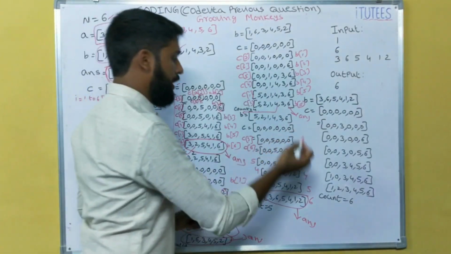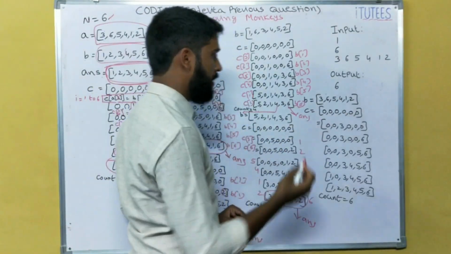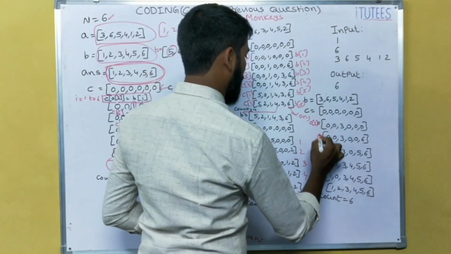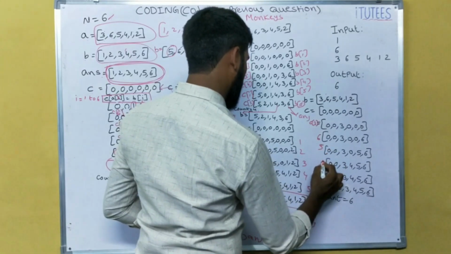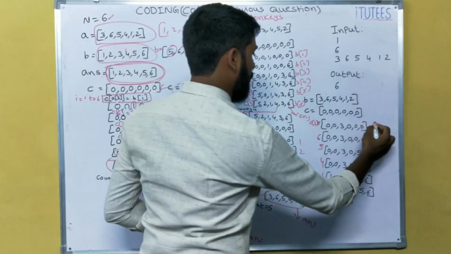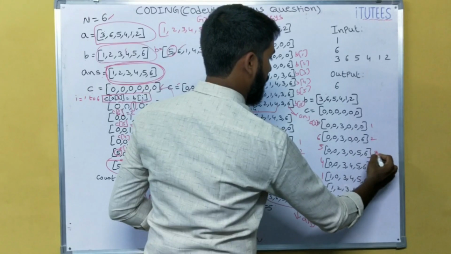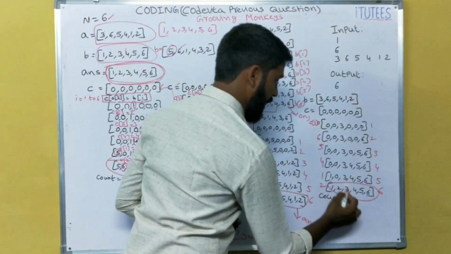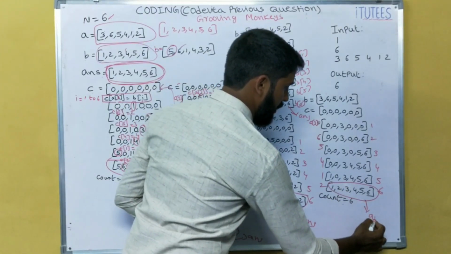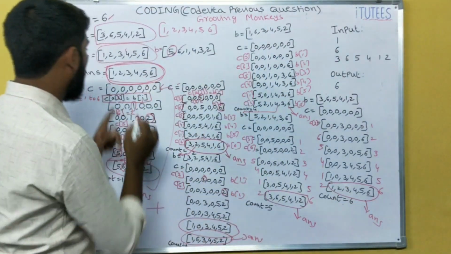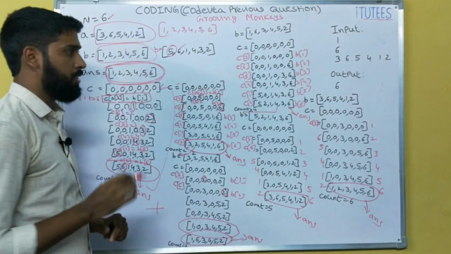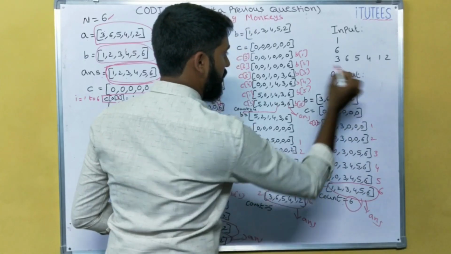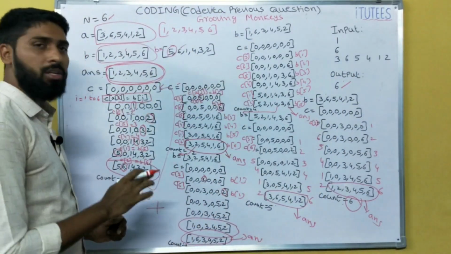No. Again the C becomes B. So you are taking C. Do the same operations. The C of 3, 6, 5, 4, 1, 2. So this is B of 1, B of 2, B of 3, B of 4, B of 5, B of 6. So this is the answer. And increment the count. After that you can check if this is the answer. Yes. So 1, 2, 3, 4, 5, 6 and 1, 2, 3, 4, 5, 6. It is matched. So you can print the count value. What's the count? 6. So in this way we can solve this problem.